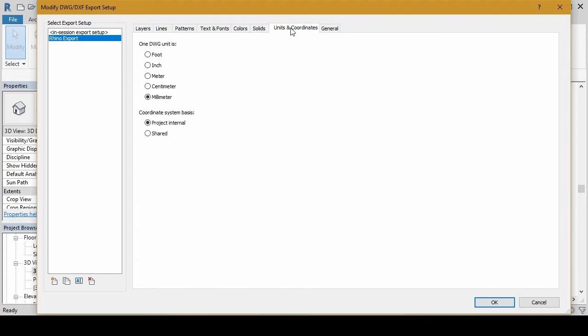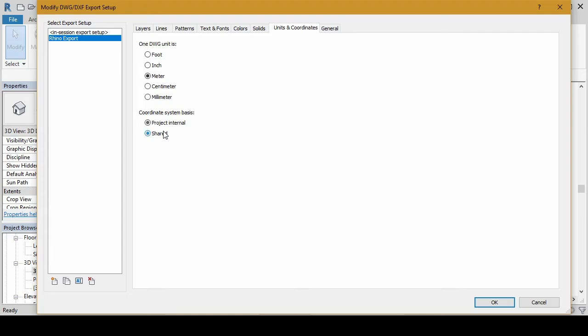Let's also move over to the units and coordinates. Even though I set my project units in Revit to meters, the export settings of a Revit file by default is set to millimeters. So I'm going to set this to meter and then also just keep project internal as a coordinate system basis, even though our survey point is located in the same place.